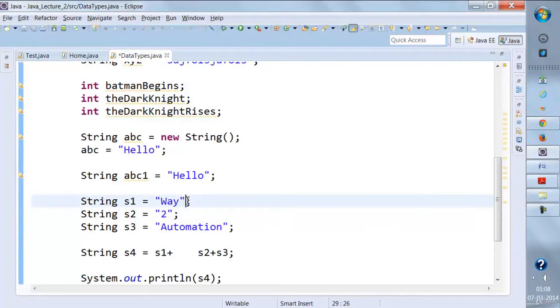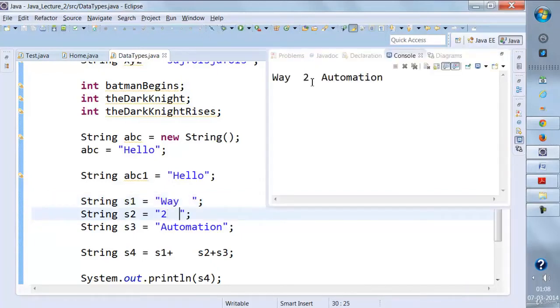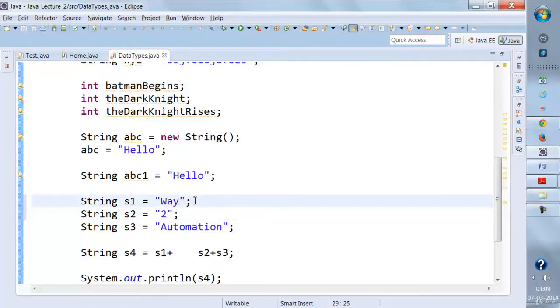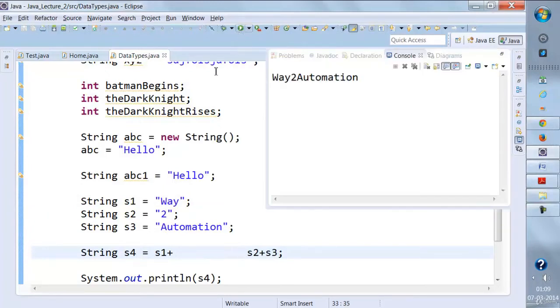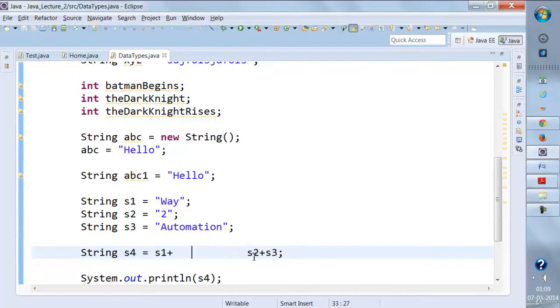So if I need to give some space, I give it inside double quotes like this, and then I run it again, then it will print it with the spaces. You can give n number of spaces over here, and these spaces will be counted. If you need to give space over here,